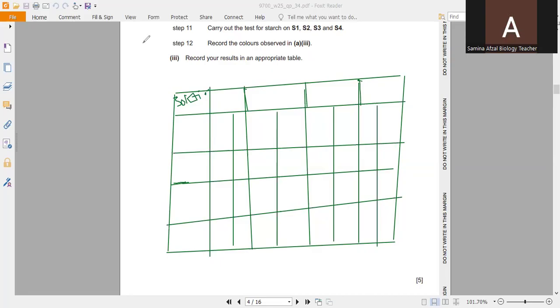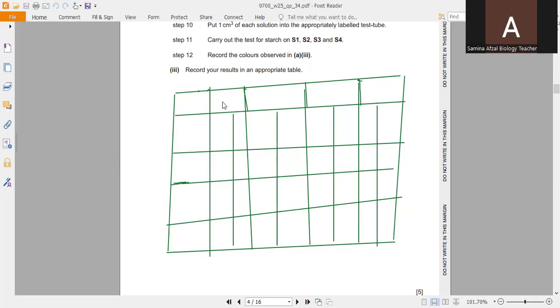You can also make it different from this, as you can do over there. It depends on you. So we will write down S1 in this table,